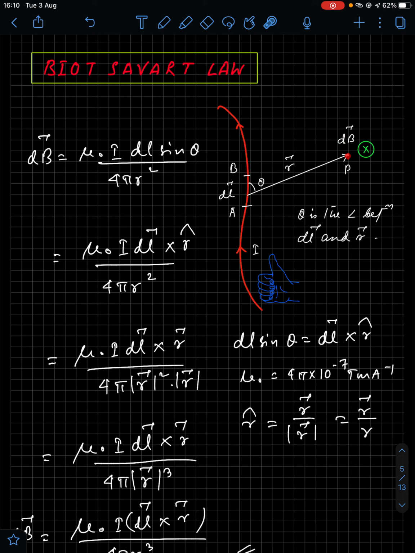Now we were finding the magnetic field at the point P, therefore the direction of the magnetic field will be going inwards, into the page, and therefore we put a cross here. So at the point P, B vector is directed inside the page. On this side, say you consider this point as Q. At the point Q, B vector is directed outside the page. You remember in this manner. By applying the right hand thumb rule, you can determine the direction of the magnetic field.